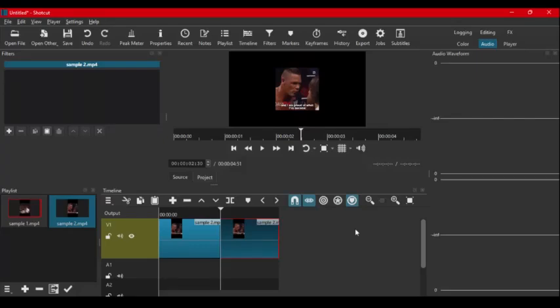In this video, I'm going to walk you through how to cut and trim a video in Shotcut. So if you want to cut or trim videos, here's a quick guide on how to do that. So first thing you have to do is